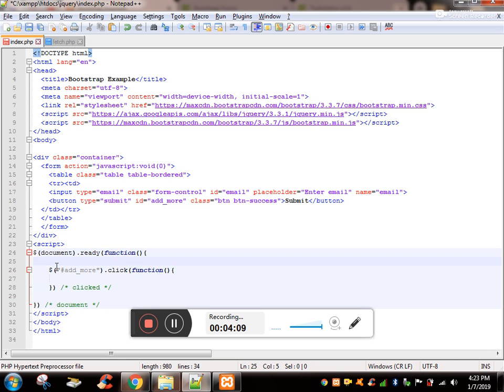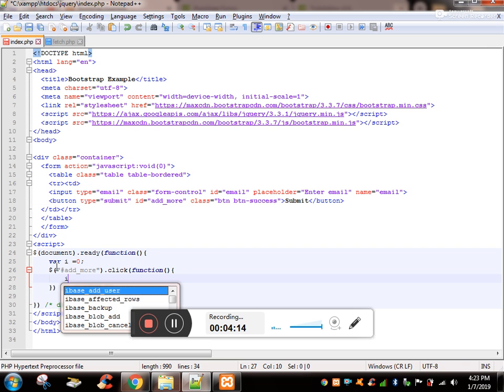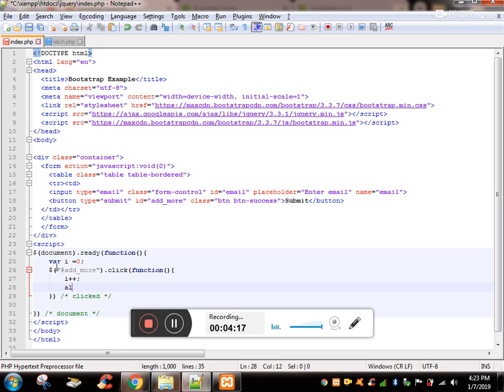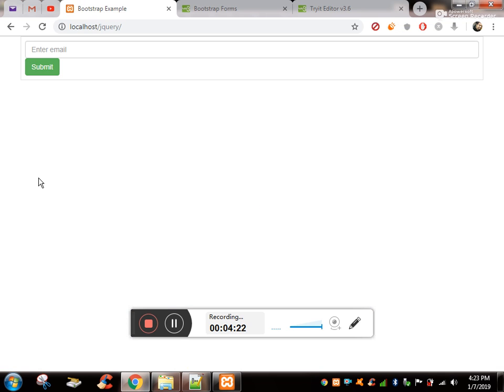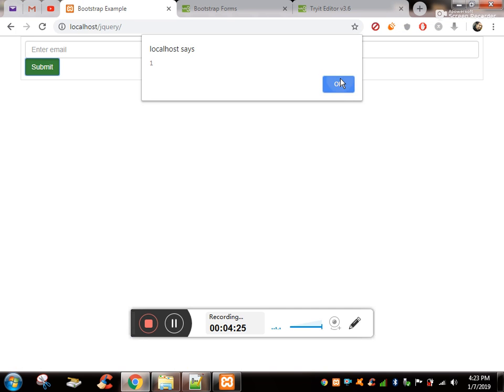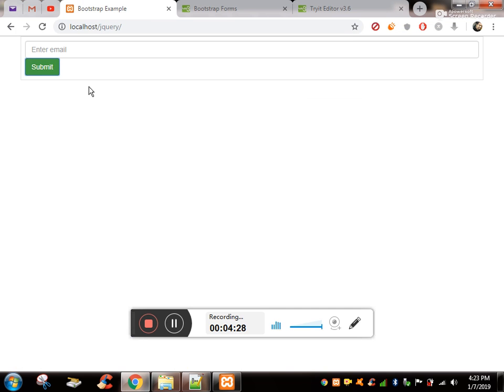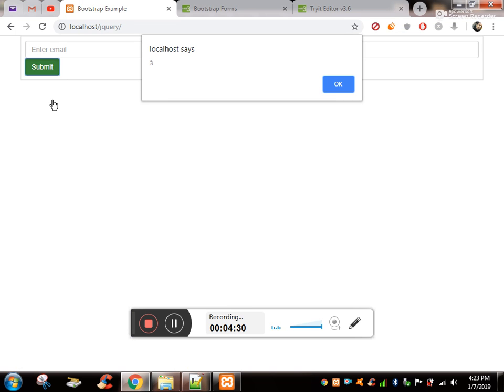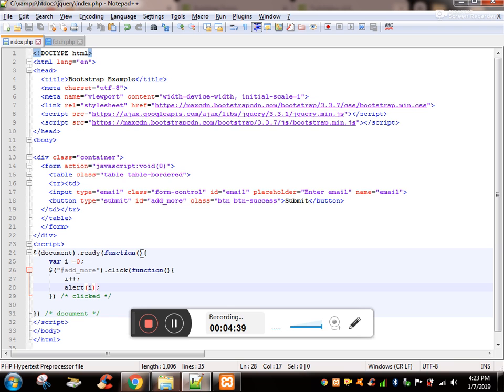For that, initialize a variable. It should be 0. Each time I click, it should get incremented and it should alert the value. If I click the first time, you will see the number 1. If I click the second time, you will see number 2. This number is useful when you specify the button and the text box. I'll tell you how. This number we will be using as the ID to identify the newly created input field